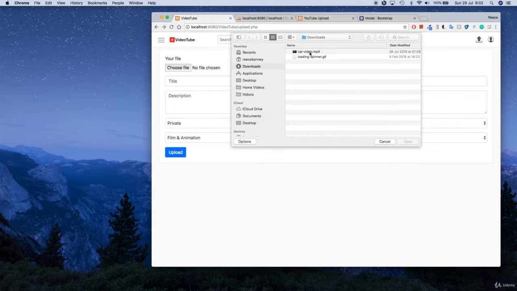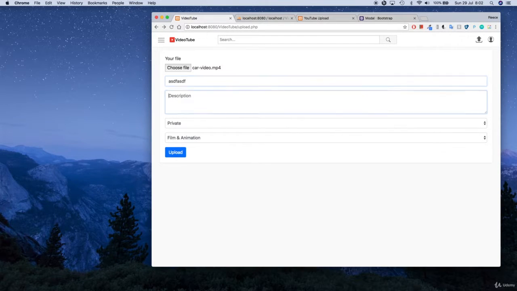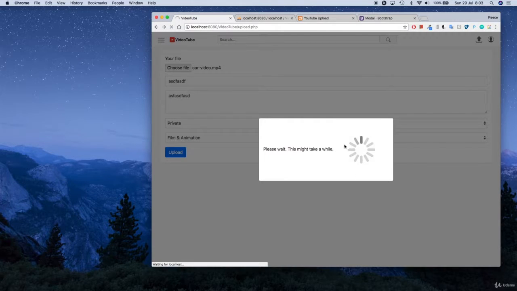and then let's try and upload a file. So I'm going to upload the same file that I always have been doing. So let's put some text in there too, and then click upload, and we should see a loading modal appear, which we do. Please wait, this might take a while. And that's it, it works. So as soon as this has uploaded, this should disappear. And it shouldn't really disappear, we should go to the next page,